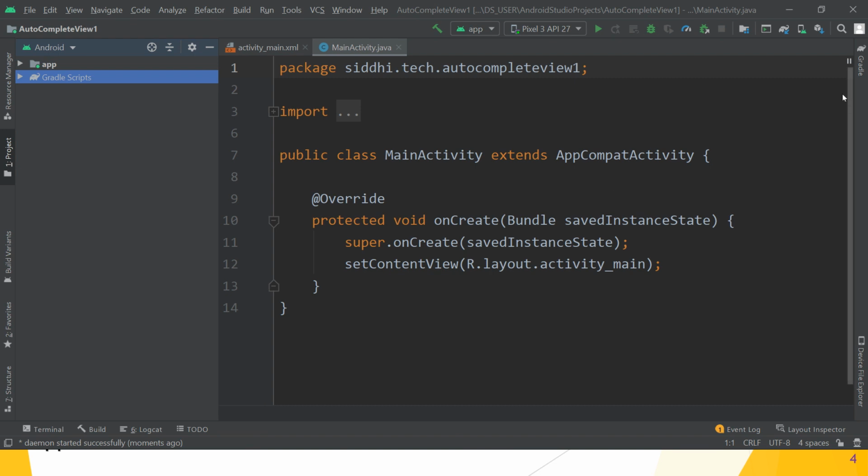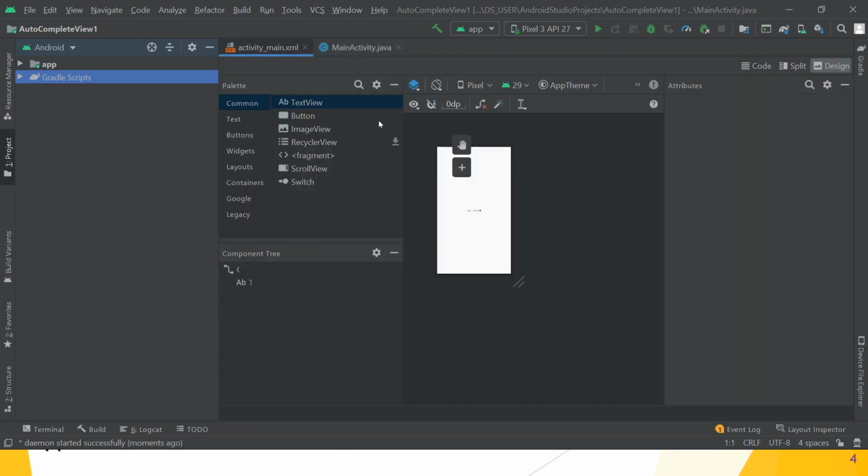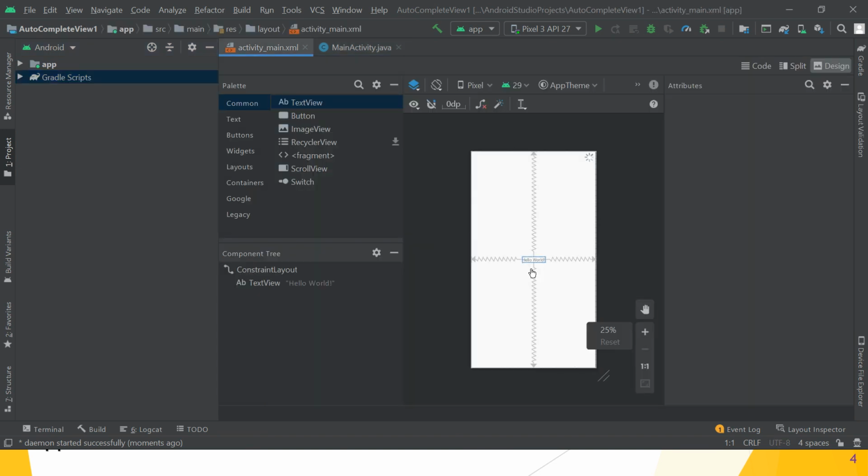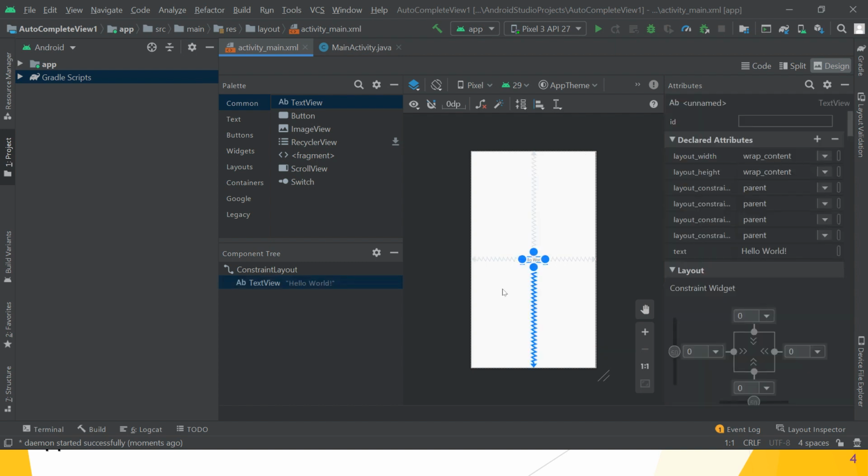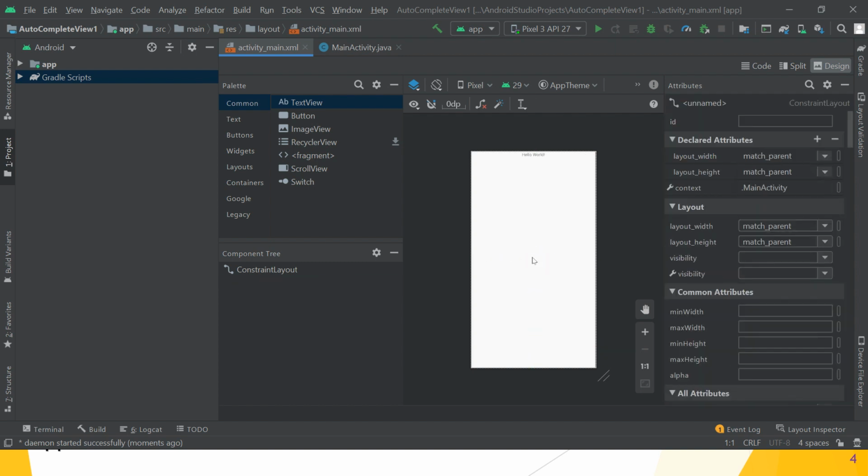Now we will create our project theme. So the first thing is to delete the TextView from the current activity_main.xml file. Great. So now which control or view do we want? We want the AutoCompleteTextView instead of the TextView.